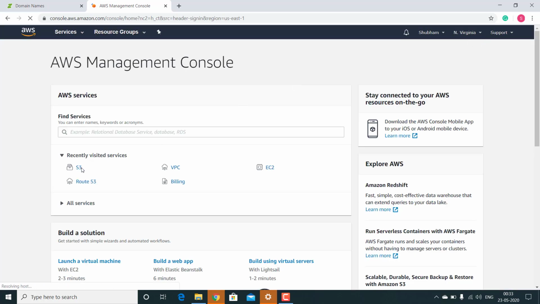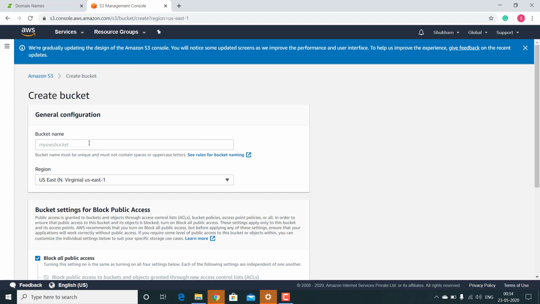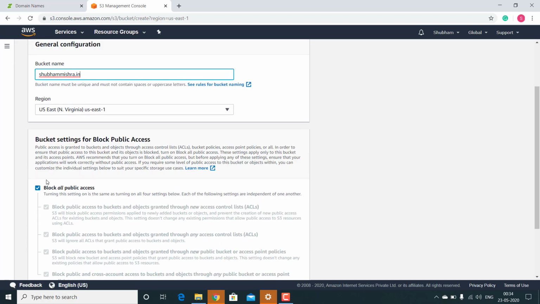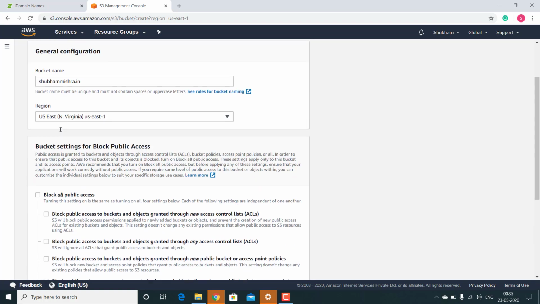Now click on S3. First you have to create a bucket using your domain name. So click on create bucket. After that put your domain name here. After that you have to uncheck this one because it should be public, so everyone can see your website.